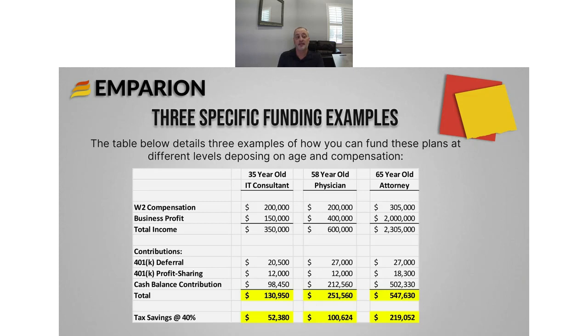400, total income 600. Deferral is an extra $6,500 because this physician is over 50. Profit sharing still 6% of the 200,000, so that's still your 12. In this example, the 58-year-old gets $212,000 into the plan with a total contribution of just over $250,000, tax savings of $100,000 in year one. The last example is a little bit more unique in that it's a 65-year-old attorney, and